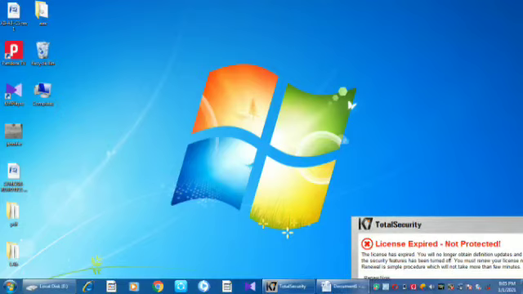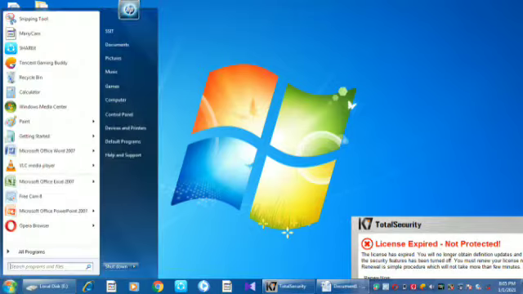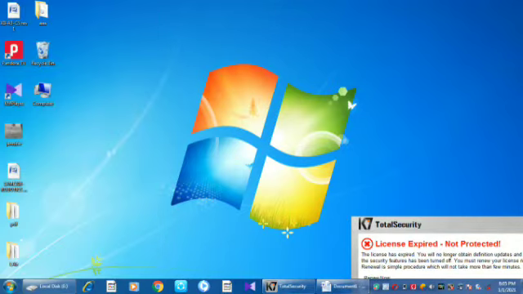Good morning students. Today we are going to see inserting options in Word document. We can insert special characters, symbols, then watermark, pictures, clip art. Like that we can add in our document. For that first we open any document by clicking start button. Then we can select the Microsoft Office Word 2007.